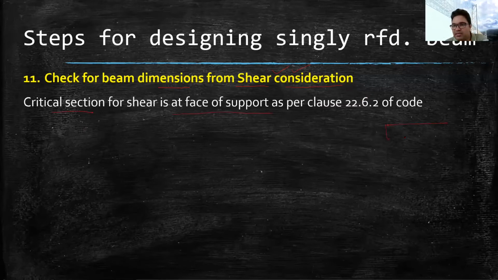As I said, if this is a beam on both sides, the critical section of the shear will be near here, which means the beam will fail under shear at a critical section, and that critical section is near the face of the support, which will be here. I have explained in the previous part how this critical section will form, so you can refer to that. This is also mentioned in the clause in the IS code: if you go to this clause number, it is mentioned there that the critical section will be near the face of the support.